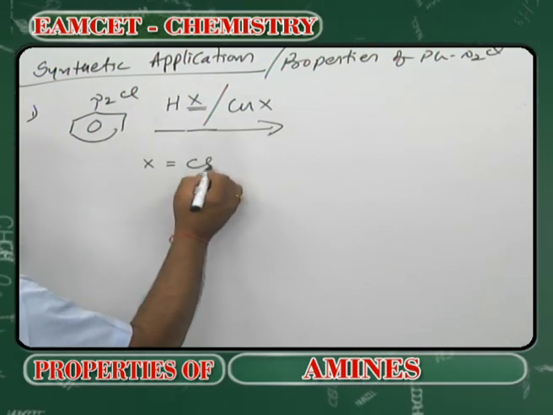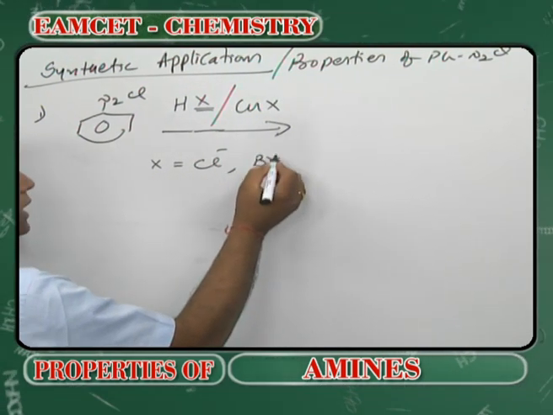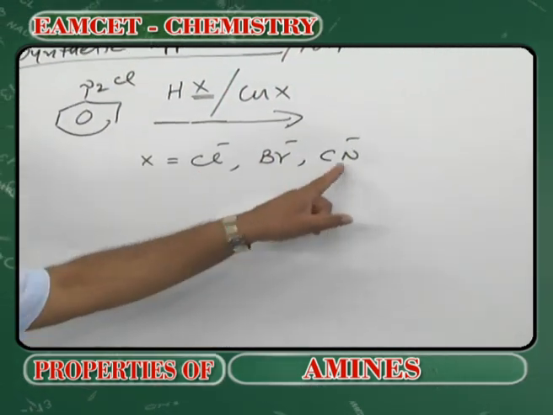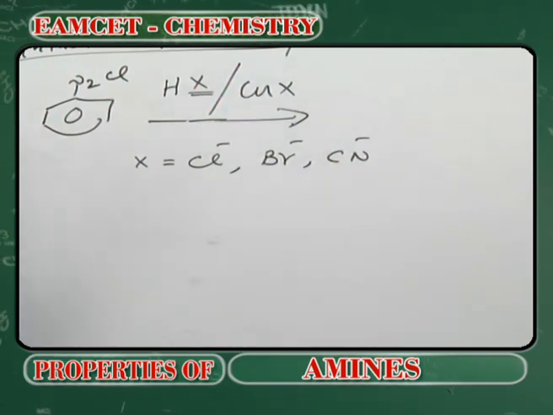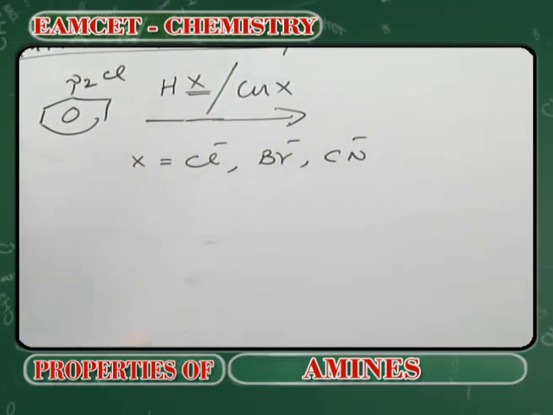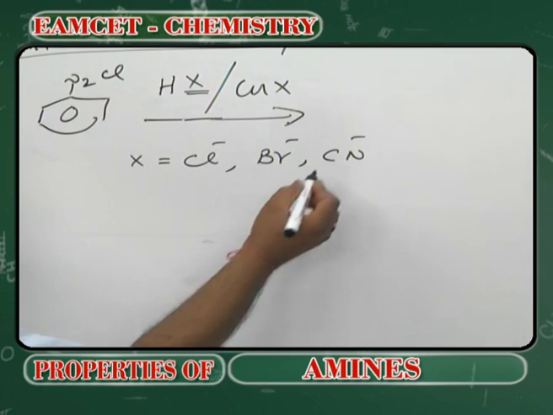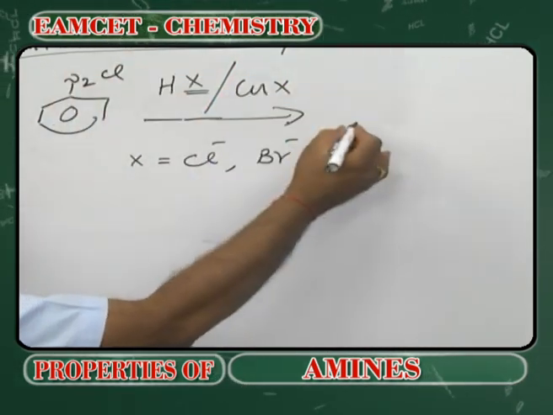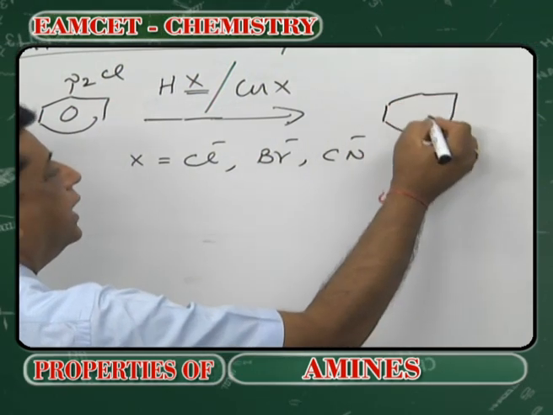X can be chloro minus, Br minus, or even cyanide minus. Actually, these two are halides. This is not a halogen. This is called a pseudo halogen, which follows the halogens' footsteps. So this is called pseudo halogen. Any one of these X can replace the N2, and you will get this X